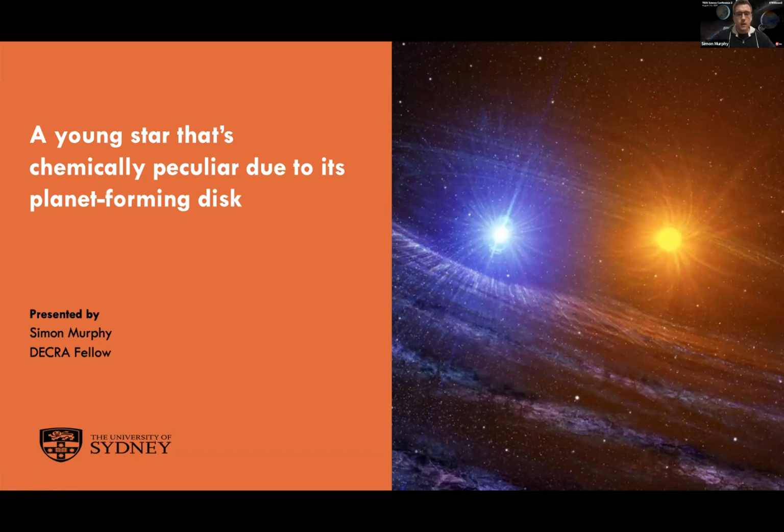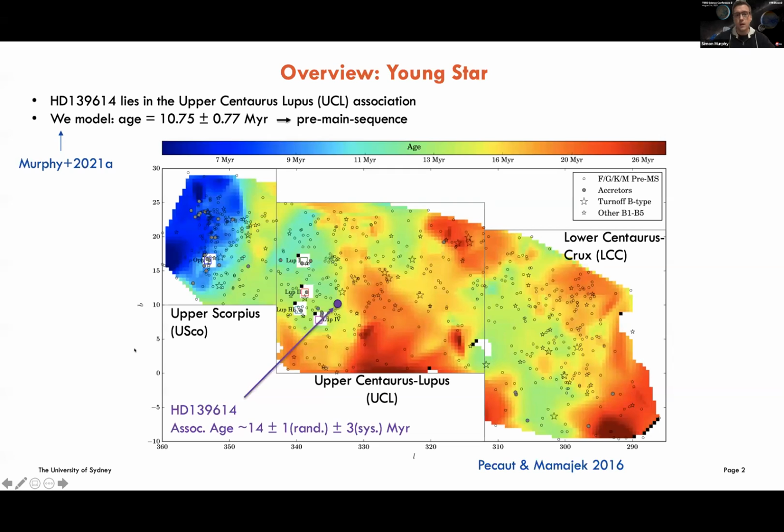Thank you, Hans. Today, I am talking about a young star that's chemically peculiar due to its planet-forming disk, and I'll start off just by explaining how we know those things. So this star, whose name is HD 139614, lies in Upper Centaurus Lupus, which is part of Sco-Cen. And what I have here is an age map of Sco-Cen. What you're seeing in blue is the youngest stars at about 5 megayears. And then in the dark red are the older stars, which are still objectively quite young at an age of